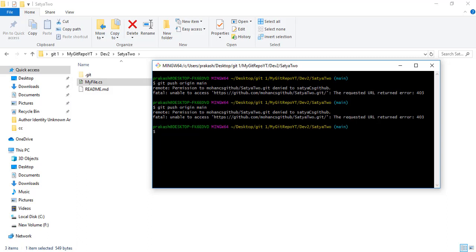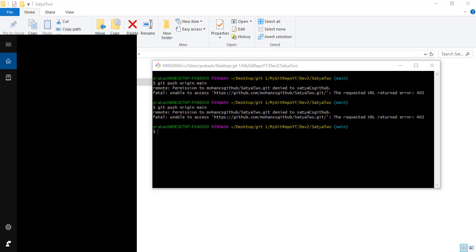Remote permission, requested URL. Okay, now I need to change Mohan CS GitHub to Satya CS GitHub. So what I'll do here, I just go to the credential manager,